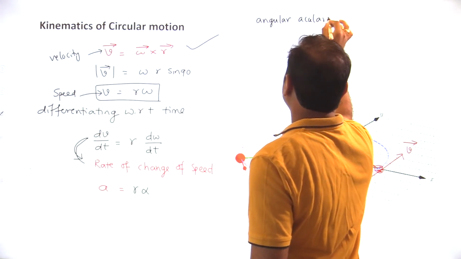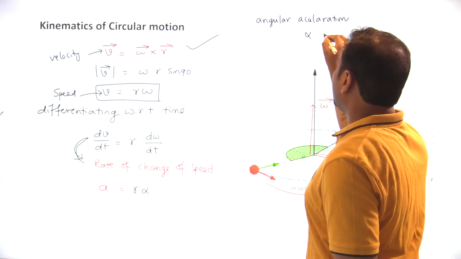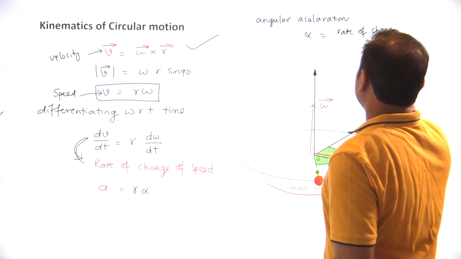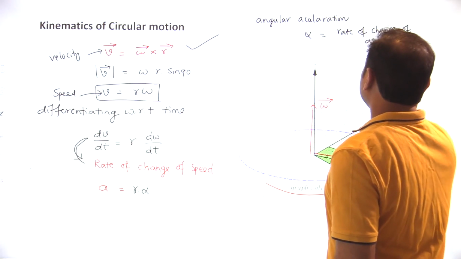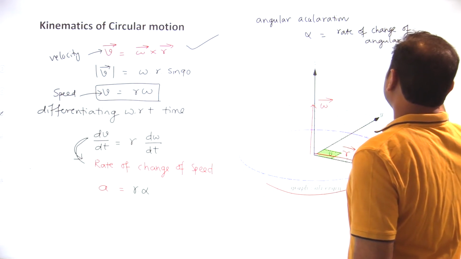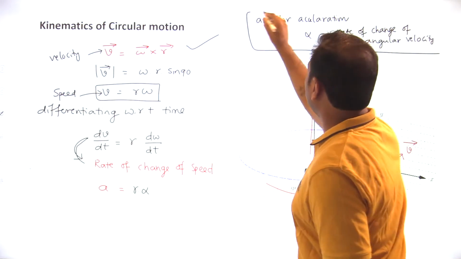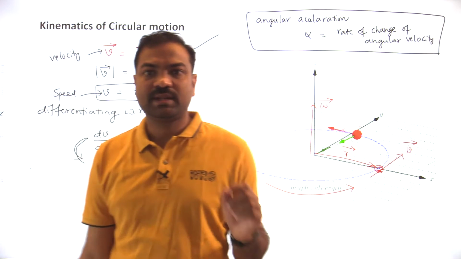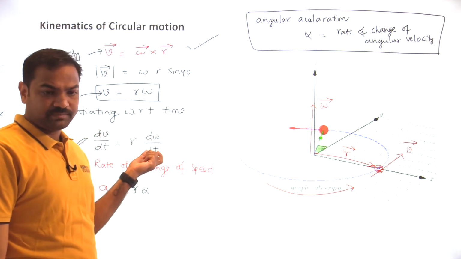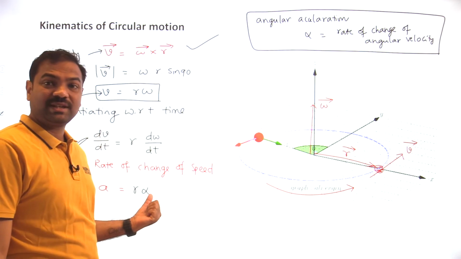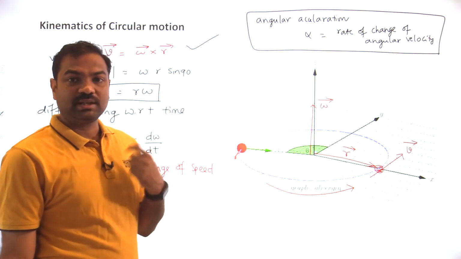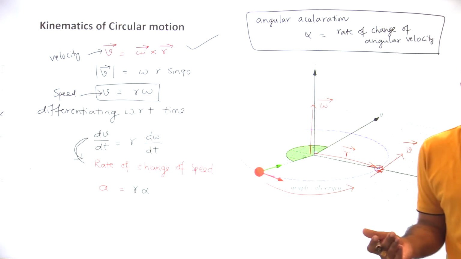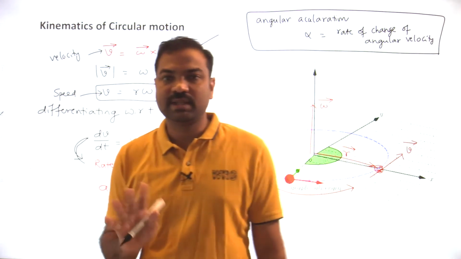Angular acceleration I am defining now. I think all of you know this. The angular acceleration is equal to the rate of change of angular velocity. But what angular acceleration is it, instantaneous or average? d omega by dt is a small change in angular velocity over a small time interval. Whenever you talk about a small interval, that should be instantaneous. So this alpha is the instantaneous angular acceleration. Total angular velocity change by total time taken we call average angular acceleration. So everywhere there are average and instantaneous quantities.